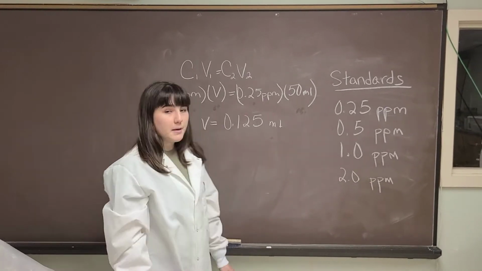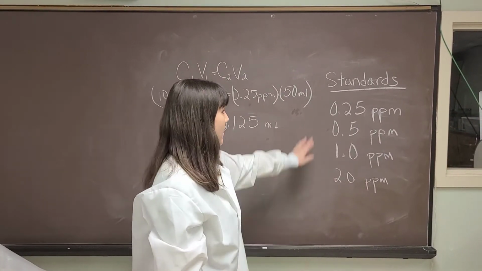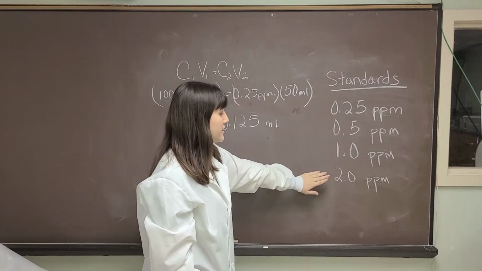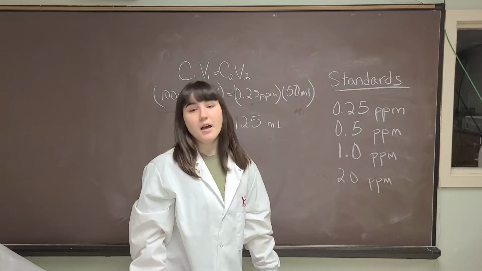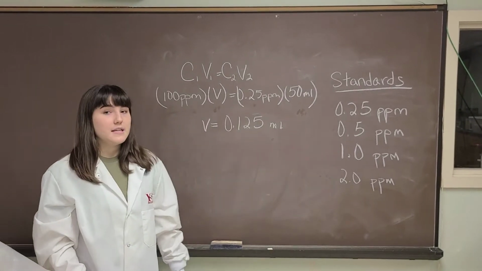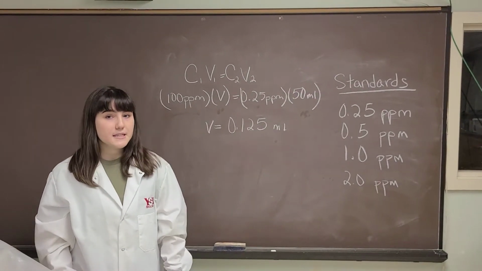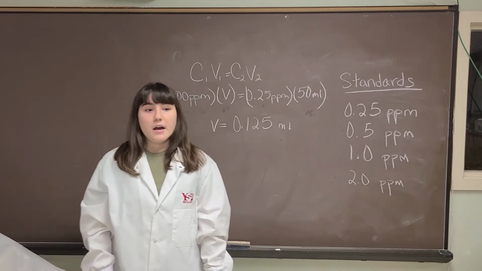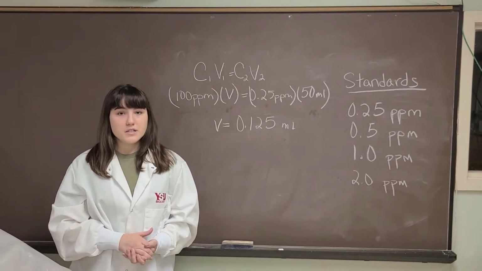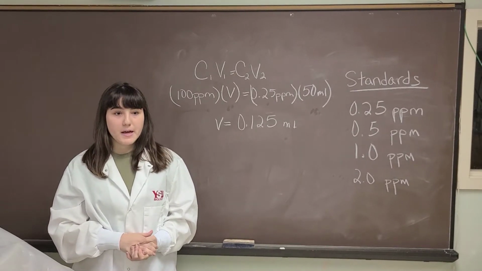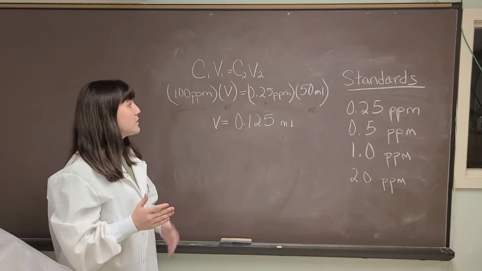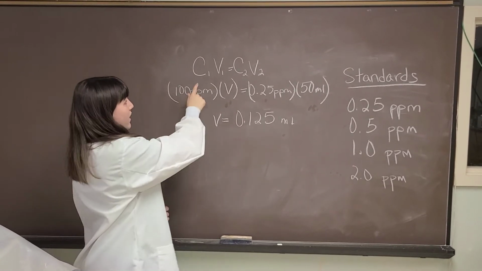So today we're going to be making 4 different standards: 0.25, 0.5, 1.0, and 2.0 ppm. I'm going to be going through the 0.25 ppm standard, and we are basing these standards off of an original one that is a concentration of 100 ppm. So in order to see how much of a volume we need to use, we're going to use the formula